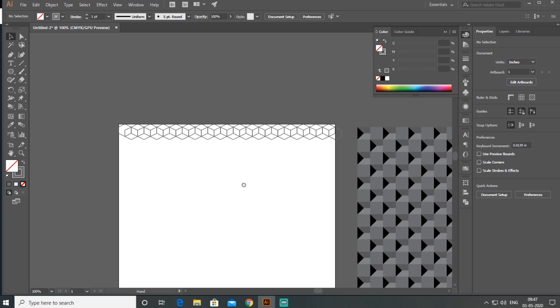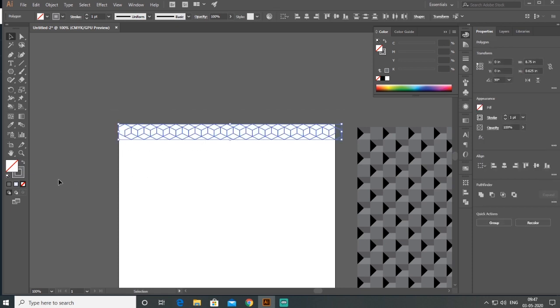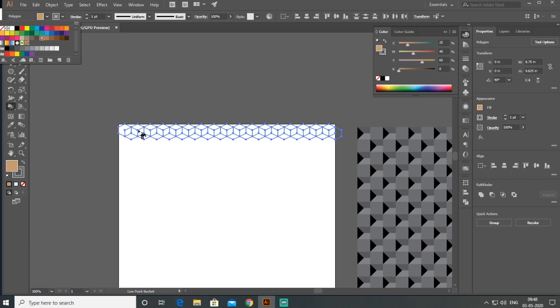So what do I do next? I select all the objects, and I have a tool called Live Paint Bucket. The Live Paint Bucket tool basically works to fill overlapping areas. So I choose this color.